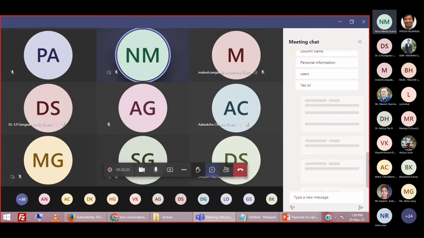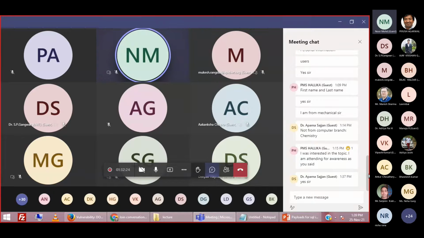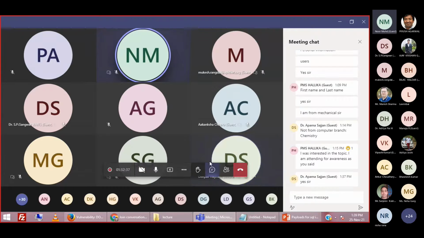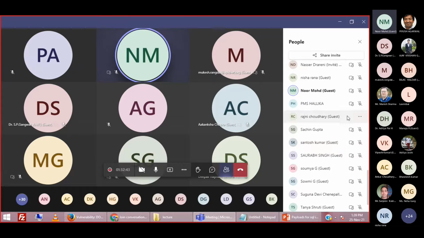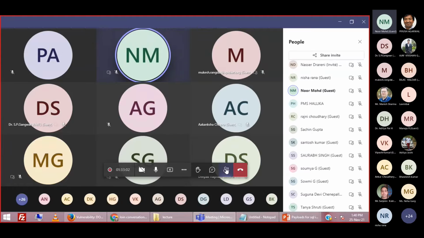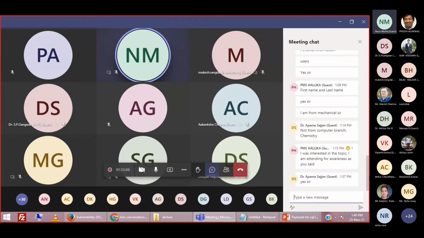Like Arvind ji has already shared his screen, can anybody share your screenshot? No one is able to do that, I think.